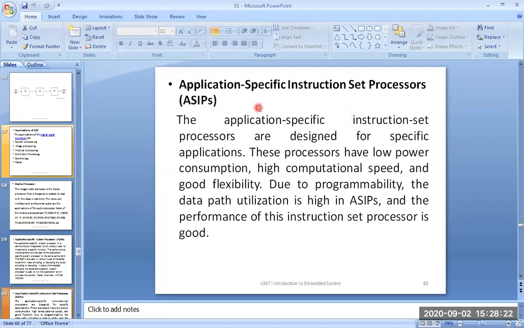These processors have special hardware like convolution hardware, or correlation hardware in image processing, and so on, which is not found in general purpose processors. If you want to carry out convolution in a general purpose processor, you have to do it through software. Whereas in application specific instruction set processors, we have convolution hardware, and accordingly one more instruction in the instruction set called CONV. With this instruction, we can carry out the whole convolution with just one instruction, which is not possible otherwise.